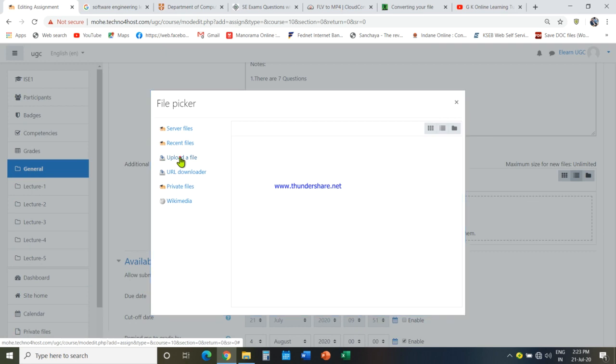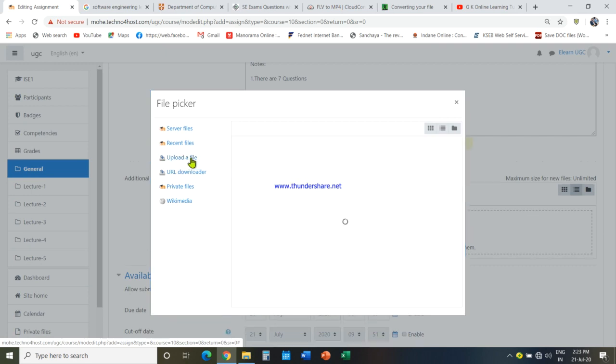Click on the upload file button. The upload window will appear. Sorry, I switched off the internet connection, that's why the delay.